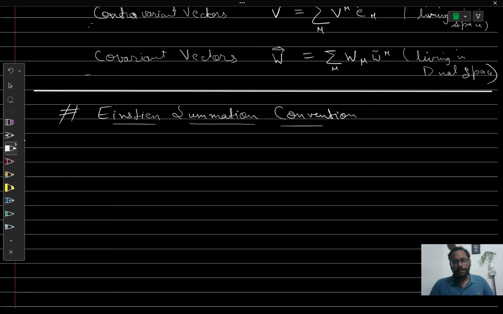Okay, what is this? So let's write about it quickly. It is a notation